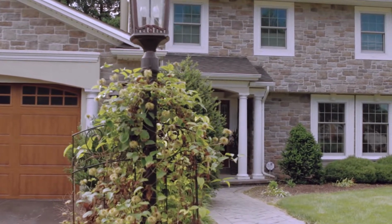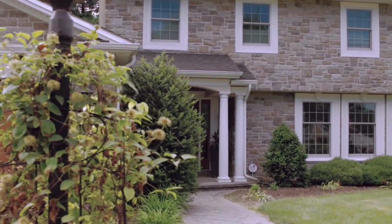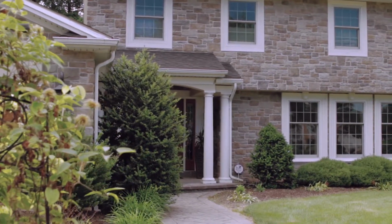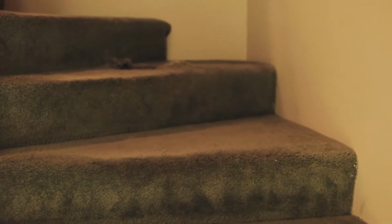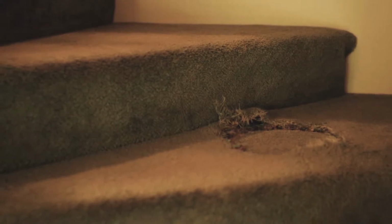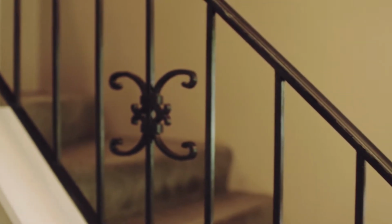So this is no ordinary client. This is actually one of my best friends. She has a 1970s style colonial, and she desperately needs a new stairway, new foyer staircase. The stairway needs new carpeting and new handrail because the carpeting is avocado green, it's got holes in it and things like that, it's kind of worn out. And the handrail is like that 1970s black iron handrail,